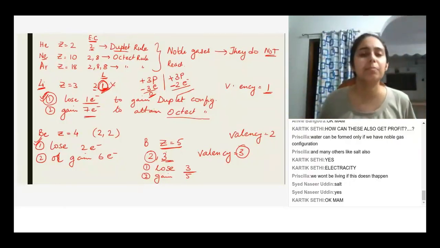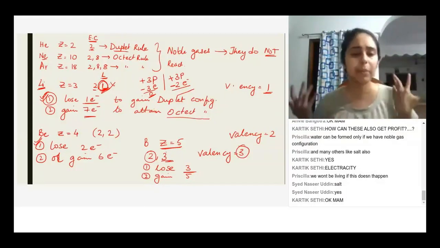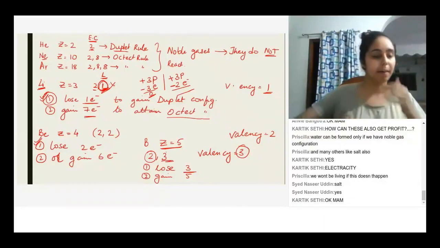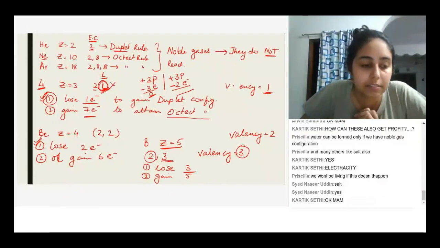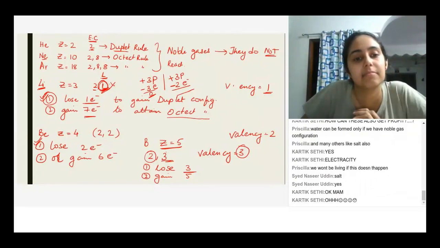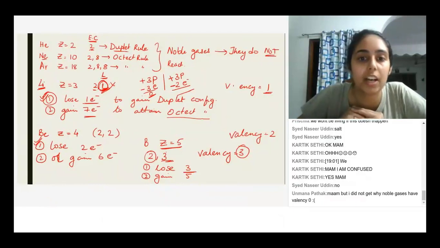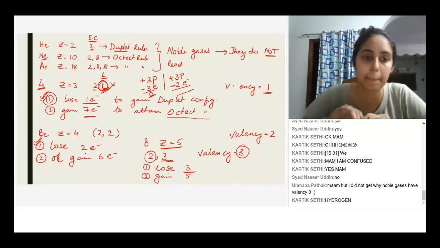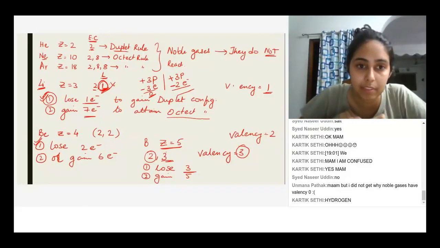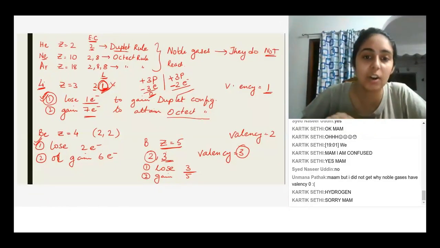That does not mean they will form elements that are completely unreactive. Not true. Some of them will be reactive. I know that H2O is water, so hydrogen adds up with oxygen. What happens if it doesn't react? Which element has valency 0? Helium, neon, argon. All the noble gases have valency 0. Ma'am, even oxygen is a noble gas? No, ma'am, it does not have valency 0. Okay, let's find out.